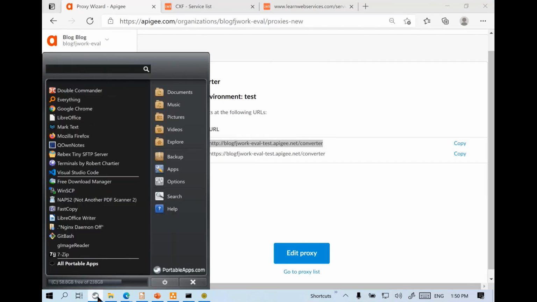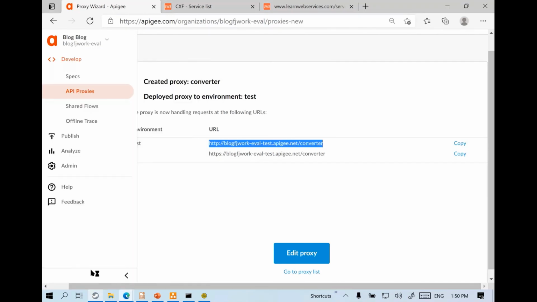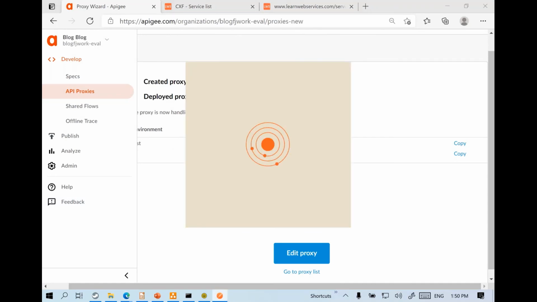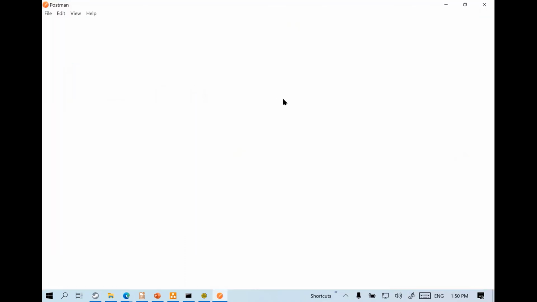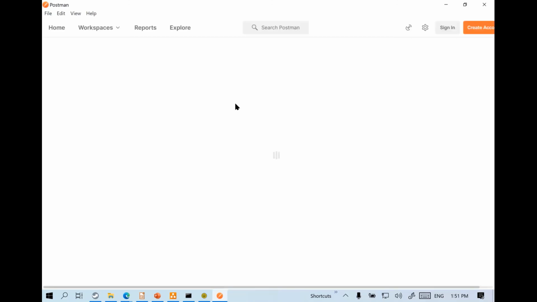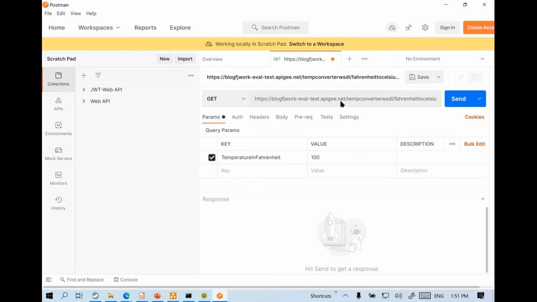So this time around, I'll use, let's say, Postman. Postman is a REST API testing tool. It's optimized for REST API testing. Previously we had SOAP XML all over the place, whereas this time around, now that we have the SOAP XML service exposed as a modern REST API, we'll be able to use this sort of URL here. So to save time, I already have most of the stuff configured here. I'll just change this last bit here: converter.